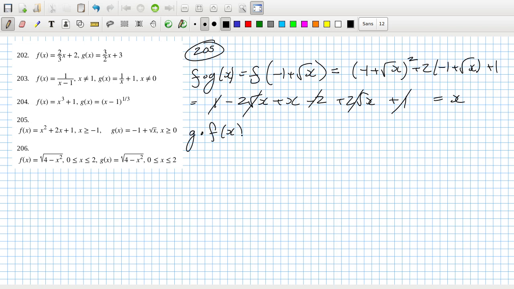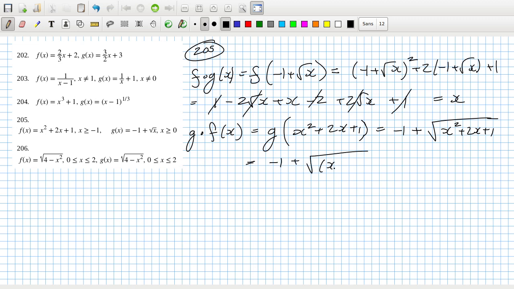g of f of x, that's g of f, so x squared plus 2x plus 1. So that's equal to minus 1 plus the root of x squared plus 2x plus 1. Okay, that's equal to minus 1 plus the root of x plus 1 squared, which is equal to minus 1 plus x plus 1, which is equal to x. So that is an inverse, but we better just check the